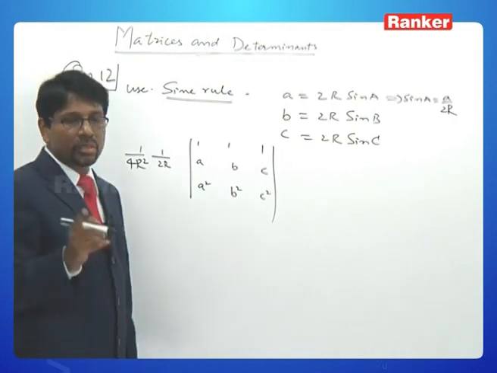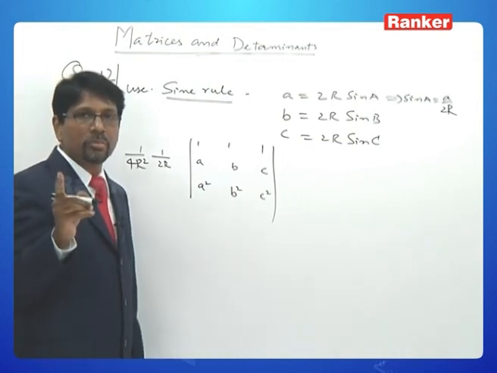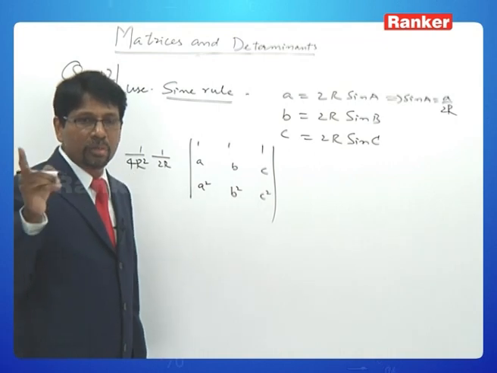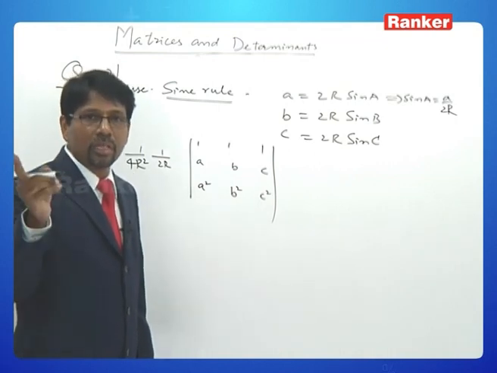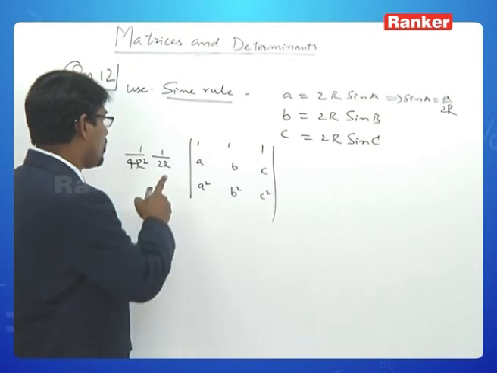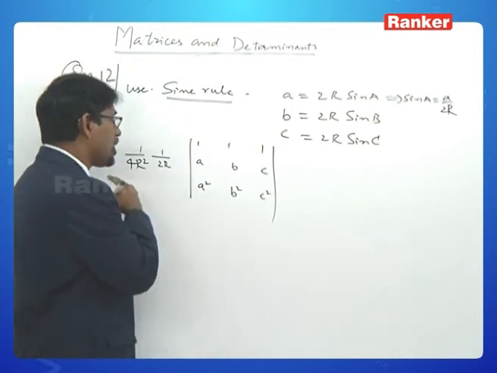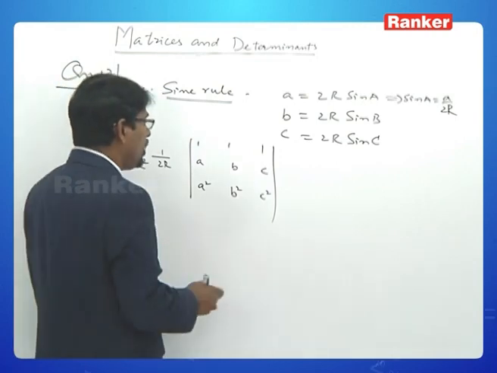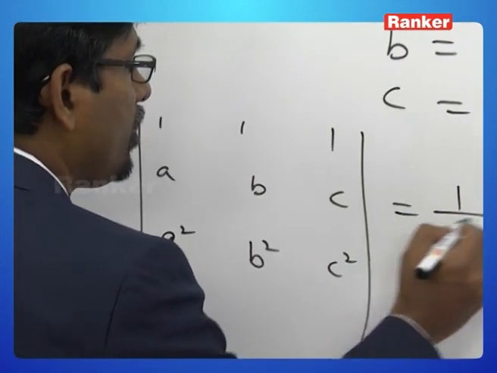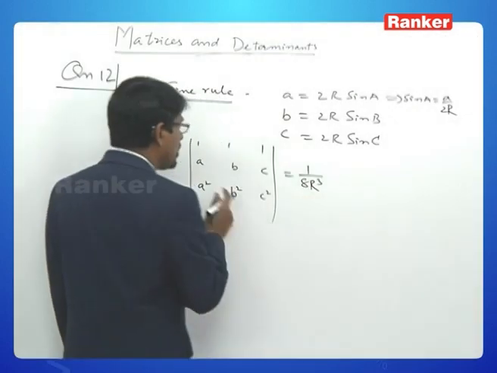It's one of the properties of the determinant: if every entry of a particular row is multiplied by some constant, we can pull it out of the determinant. So 1 by 4R square was pulled out of the third row, 1 by 2R has been pulled out of the second row, and now this is coming out to be 1 by 8R cube, and this is a standard determinant,